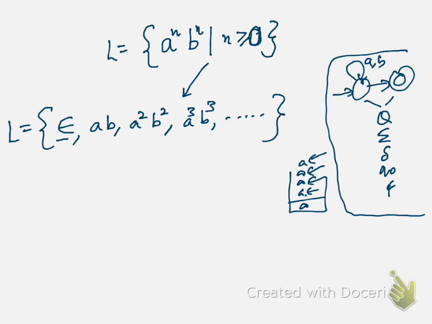First of all, we see that epsilon belongs to this language. Since epsilon belongs to this language, my initial state will also be the final state, because without reading anything, I should be at my final state for my epsilon. Let me design it as my Q1, right? So I am done with my initial state.